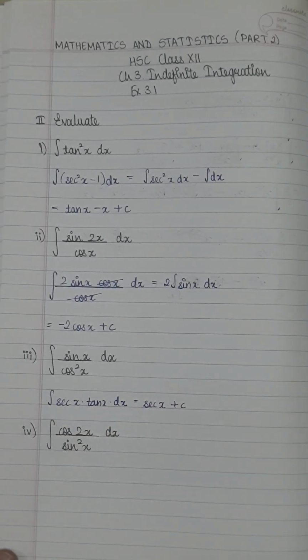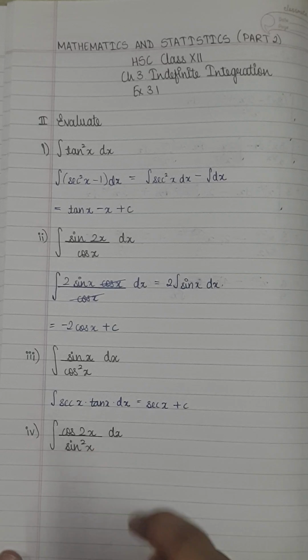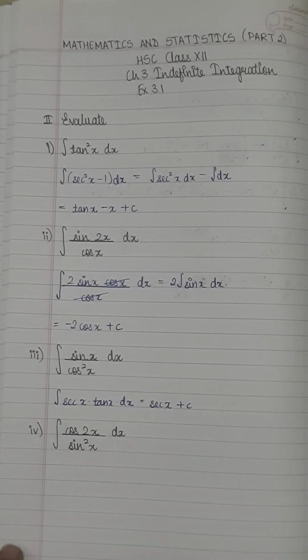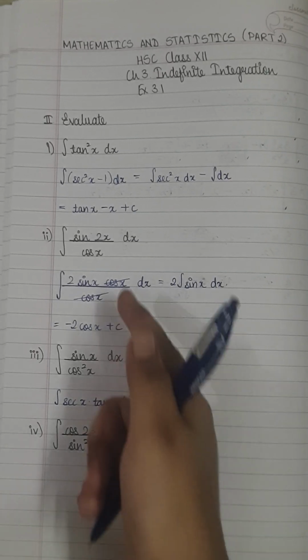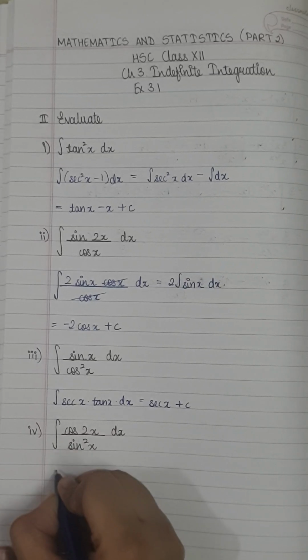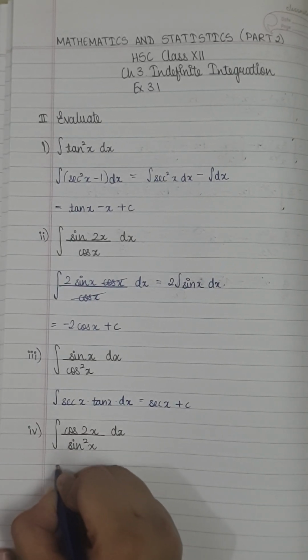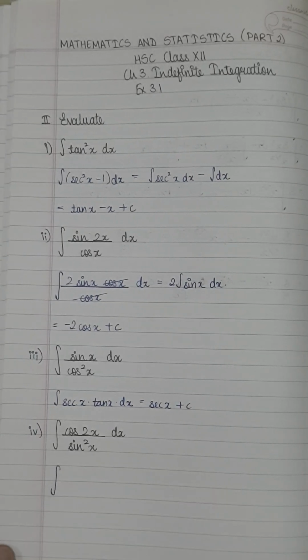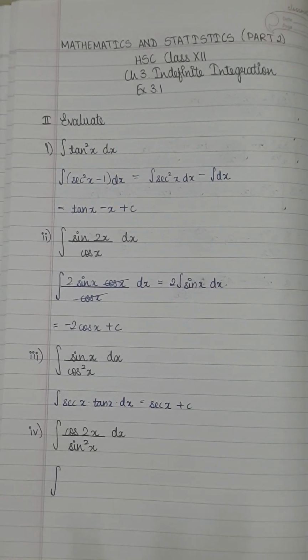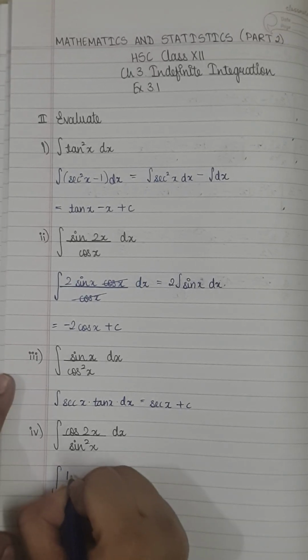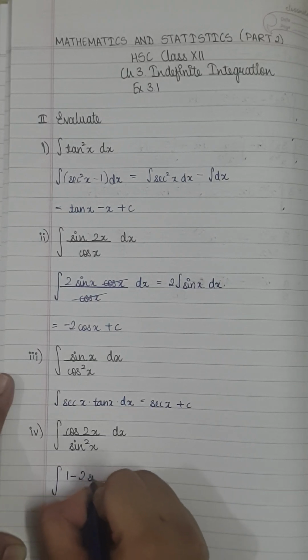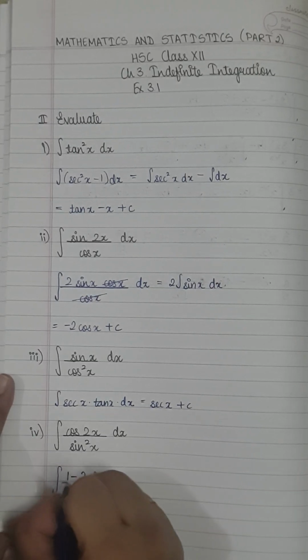Moving on to the fourth sub question, you have cos 2x upon sin square x. Again, play with it a bit like you did in this question. Cos 2x can be written as cos square x minus sin square x. Now instead of writing that as cos square x minus sin square x, let's write it as 1 minus 2 sin square x. So you have 1 minus 2 sin square x upon sin square x